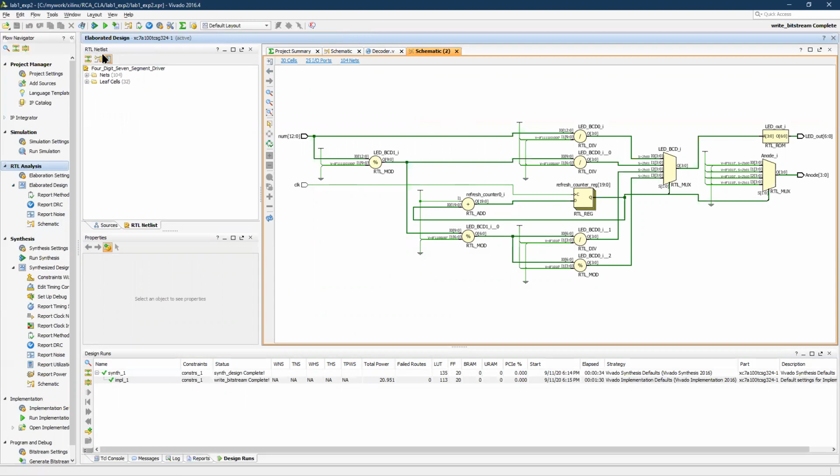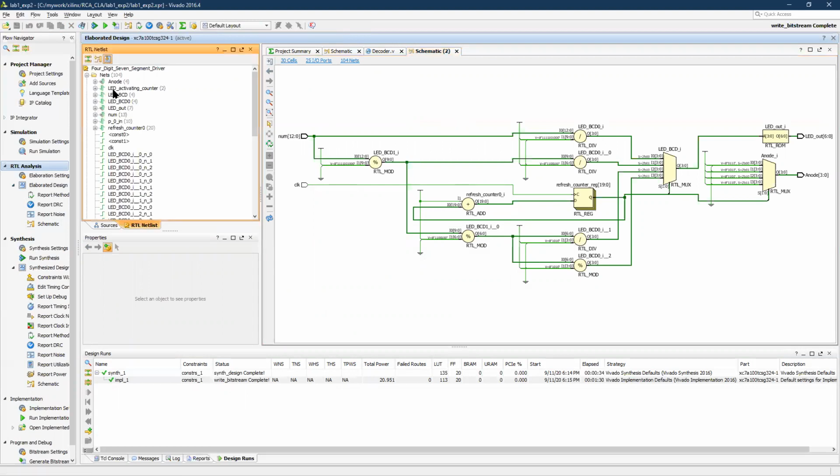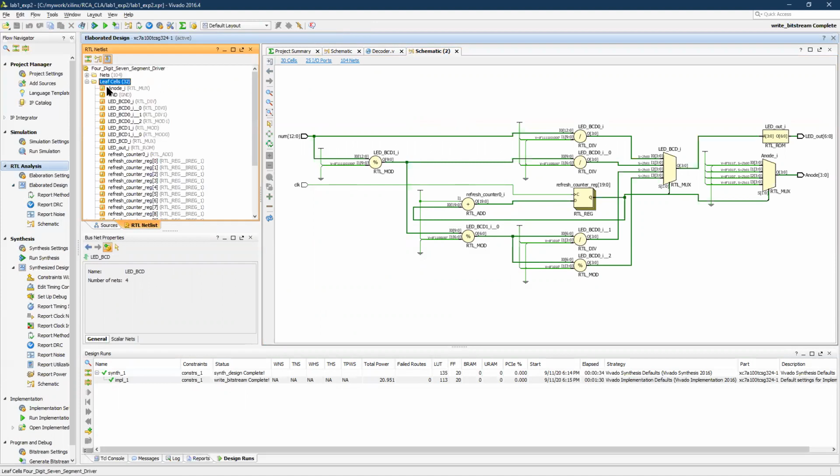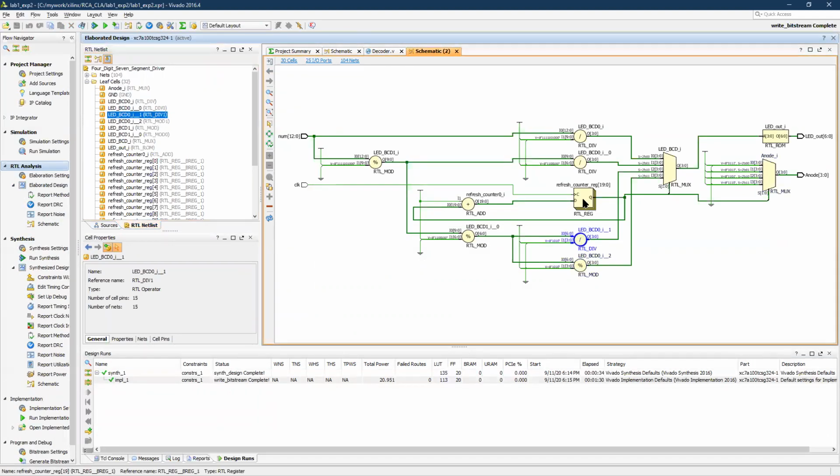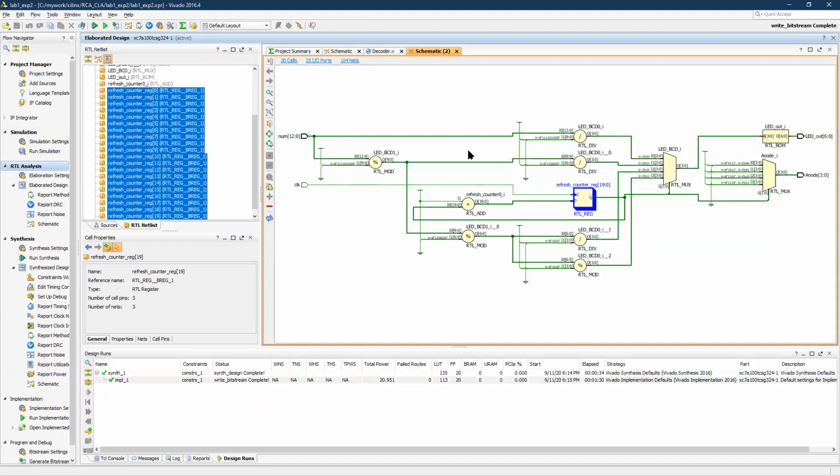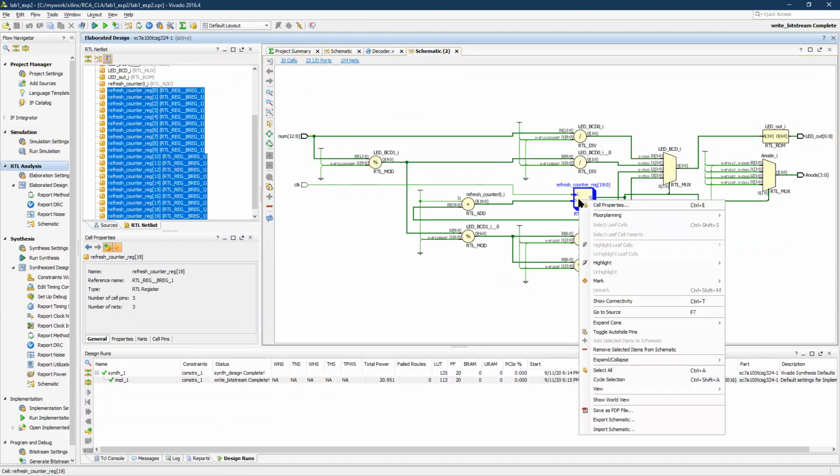In this RTL netlist, you have the nets and the cells you have made. Each one of these is a cell, and you can easily move around between the design source and the schematic by clicking F7